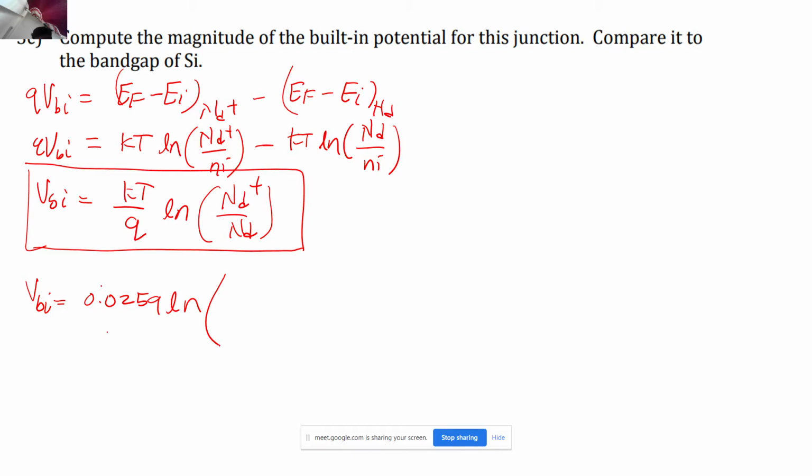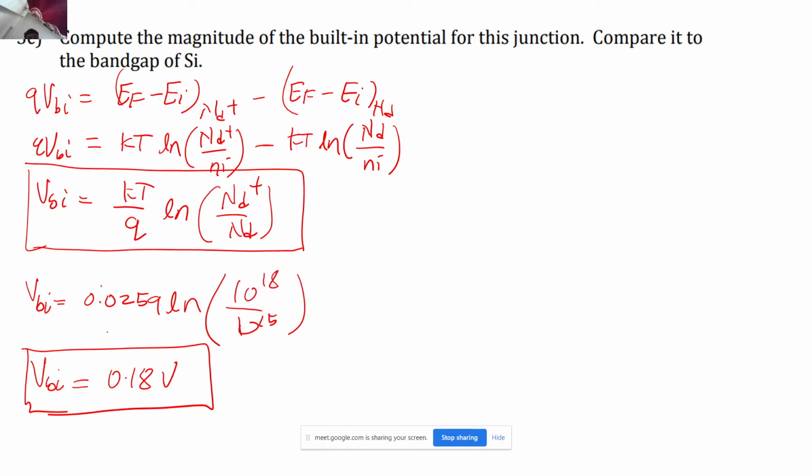Now I just have a question for you guys. Tell me whether this value of VBI, the built-in potential for the isotype junction, is around some 0.18 or you can even assume 0.2 volts, right? So what was the general value of VBI that we used to get for a normal PN junction? Was it so low or was it around a higher range, around 0.6 to 0.7? It was around 0.6 to 0.7 range, correct? So that means the built-in potential for the isotype junction, in most cases, will be less than the built-in potential for the PN junction case that we had, correct?